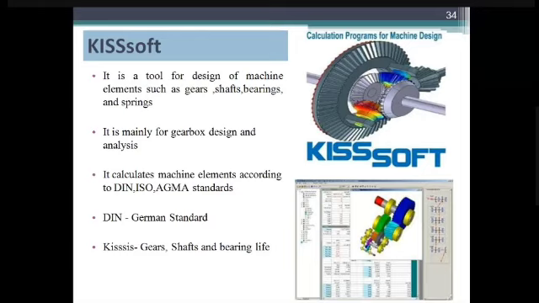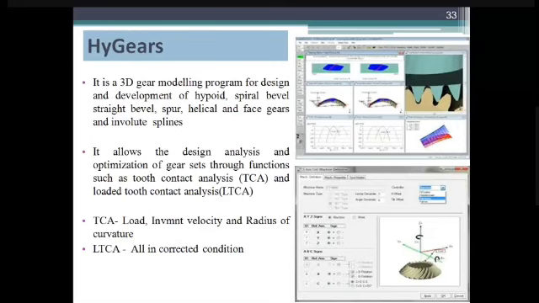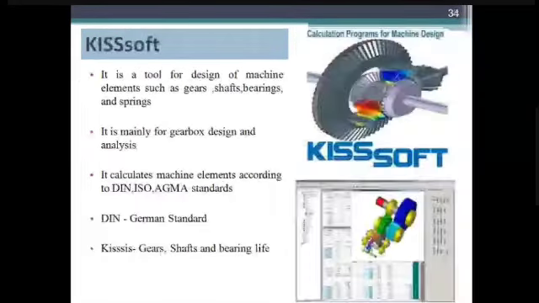The gears, shafts and bearing life, and parameters concerning the strength and stiffness of the gears, and the noise. Previously, we were not concentrating on noise problems or noise formation in Hypoid gears, but in KISSsoft there is analysis or identification of noise.